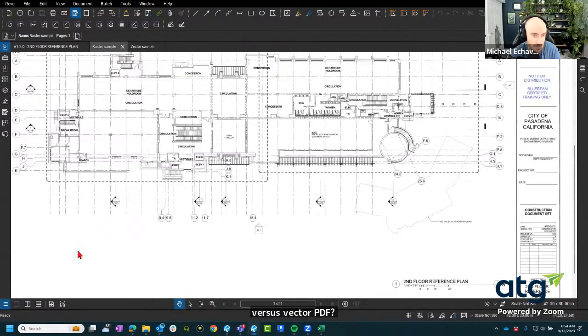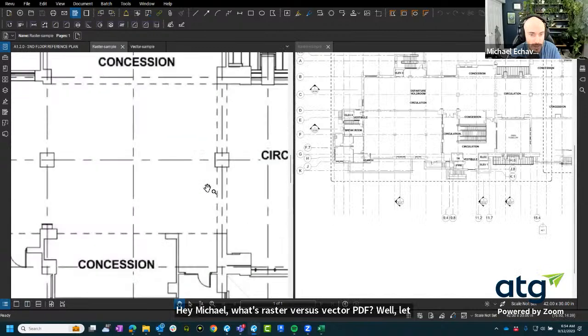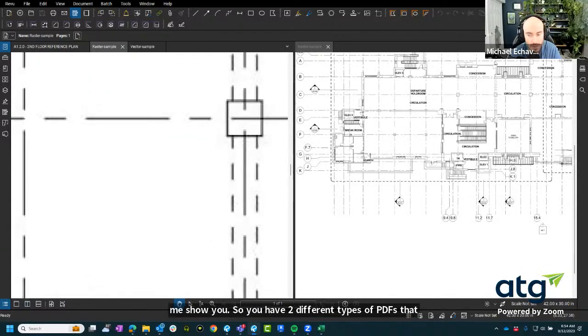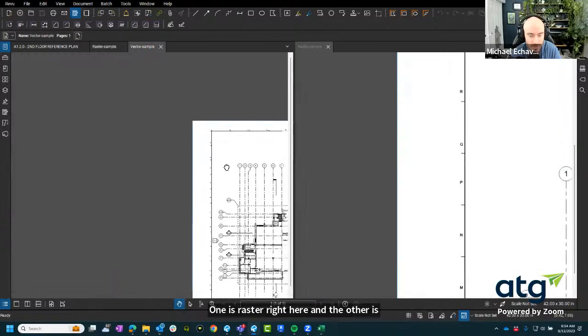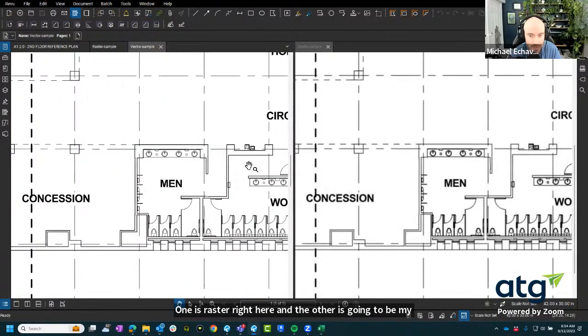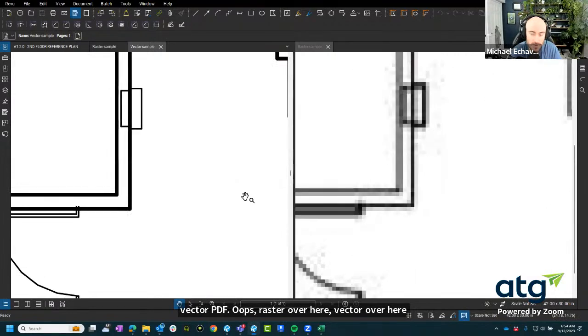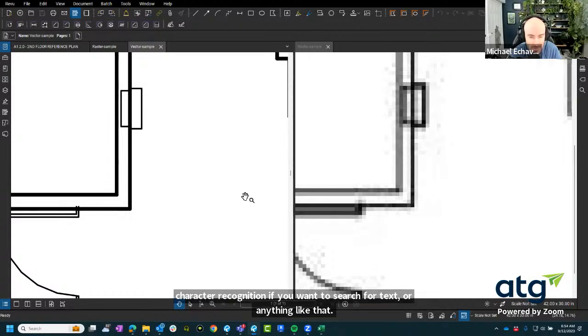So you have two different types of PDFs that are printed out. One is raster right here, and the other is my vector PDF. Oops, raster over here, vector over here. I'll synchronize the screens. If you get a PDF that looks like the one on the right, typically you want to run the optical character recognition if you want to search for text or anything like that. Vector PDFs have true and rich data, and that typically happens when you're printing out from your design environment